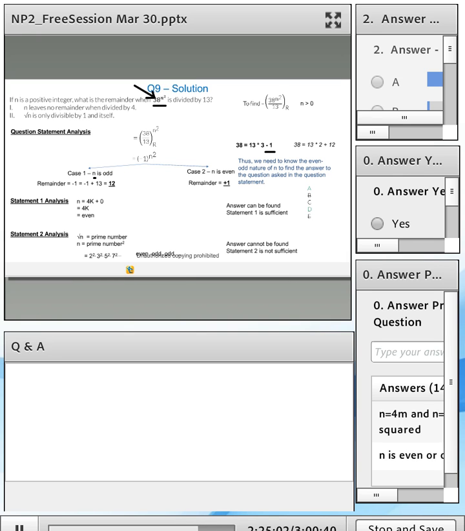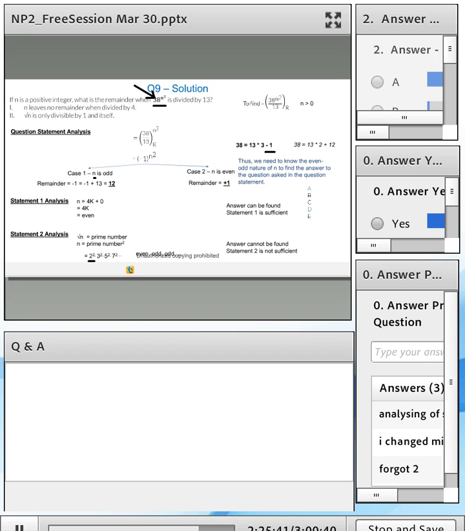Now, for those of you who selected choice A, did you select it for the right reasons? By that, what I mean is, did you do the processing the way we have done the processing? Because if the answer to that is yes, then definitely give yourself credit for answering this question correctly. Now, for those of you who did not select choice A, where did you falter? Tell me, you forgot 2. Okay, you forgot that in statement 2, 2 is an even number.